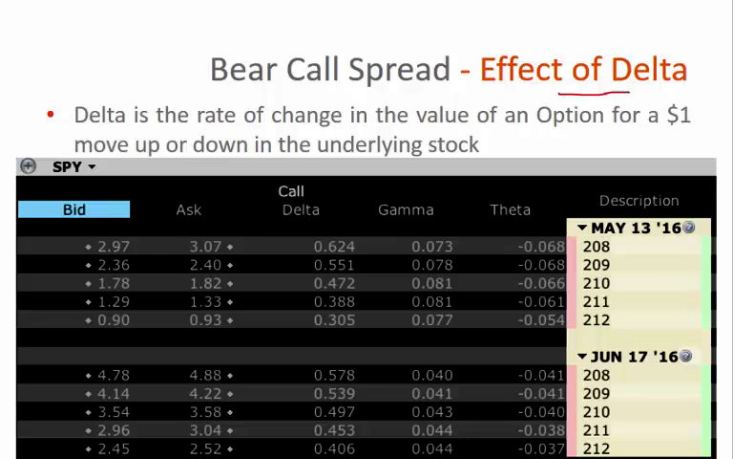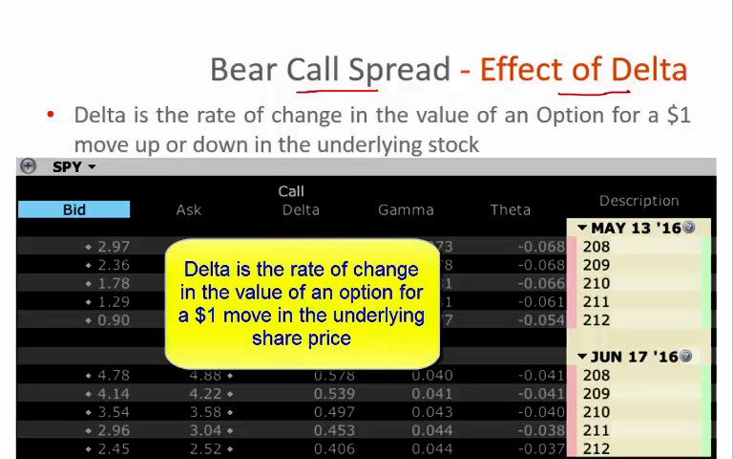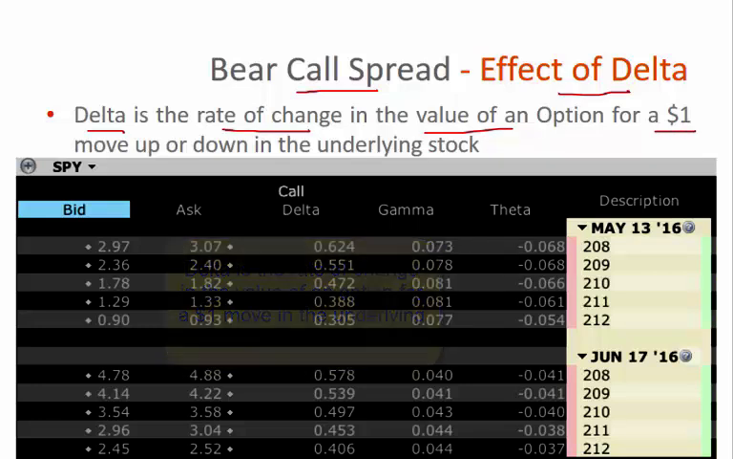Delta and the bear call spread. So before we go on the bear call spread, let's remind you what delta is. Delta is the rate of change in the value of an option for a $1 move up or down in